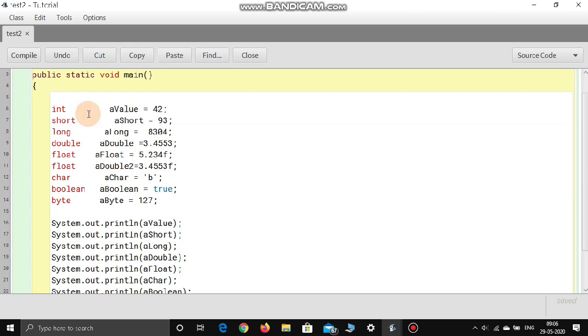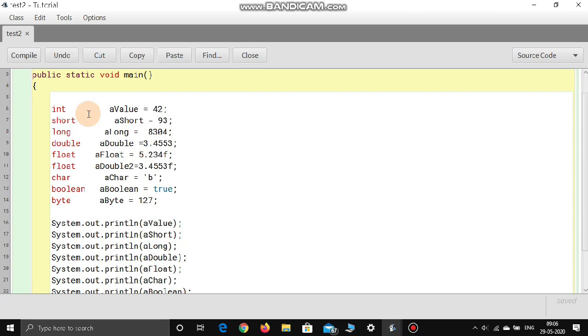Data types are generally taken as types of data which we consider in a programming language. Int, short, long, double, float, char, boolean, byte. These things are commonly known as data types. Now data types is simple as the word goes. Types of data. Whether you take integer means integer type data, short means short type data, long means long numbers type data,